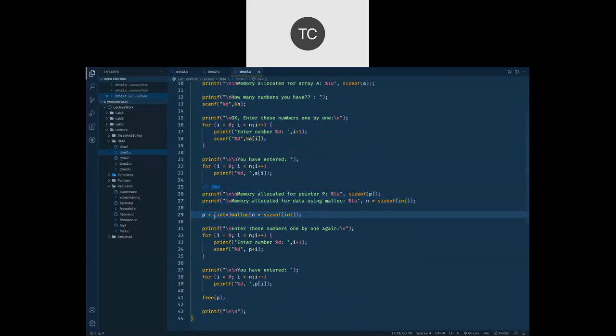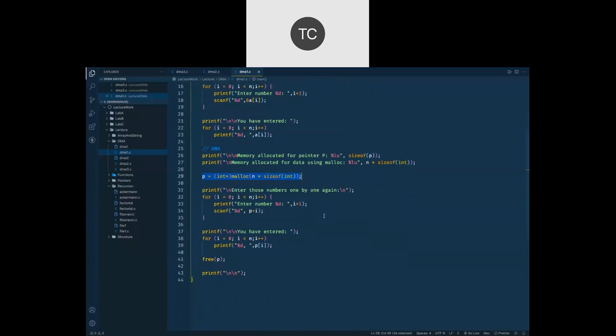So we have gone for the malloc function. We allocate memory, then we store some data and process that data. And when we are done, we free that memory back.